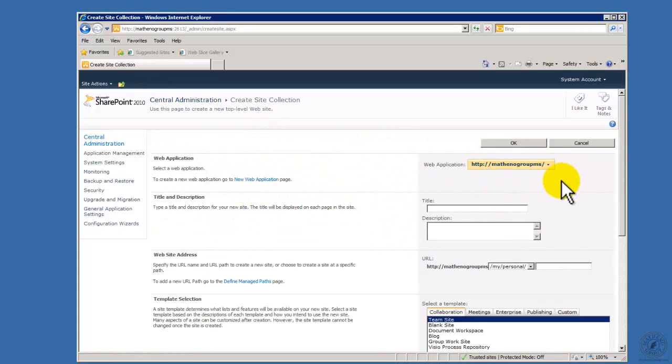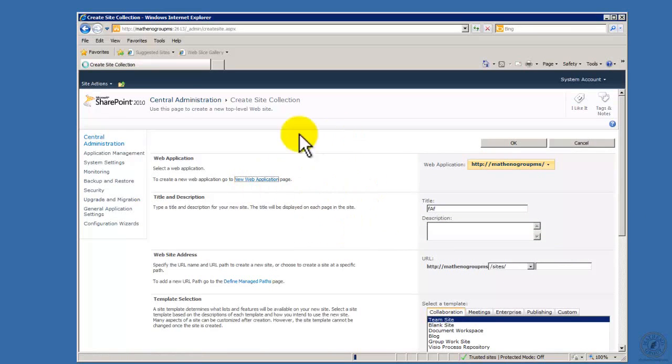Now, if I wanted to create another site collection down here, I would just give it a name. But you'll notice down here the URL, it's going to either be in personal or in the sites collection, because we already have a root site collection defined, and as I create other collections, I would have to associate it as a root down off the descendant. If I did not want that, if I wanted to create a base collection, then I would have to come in and say new web application,